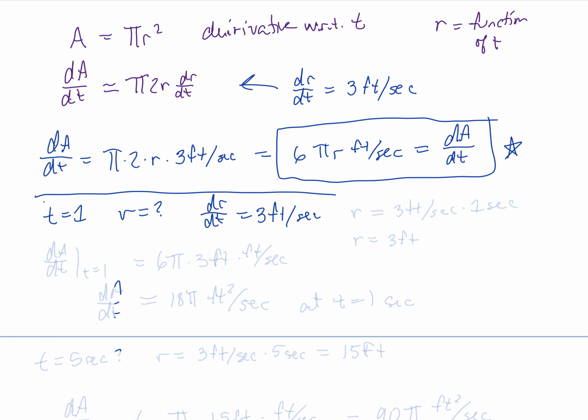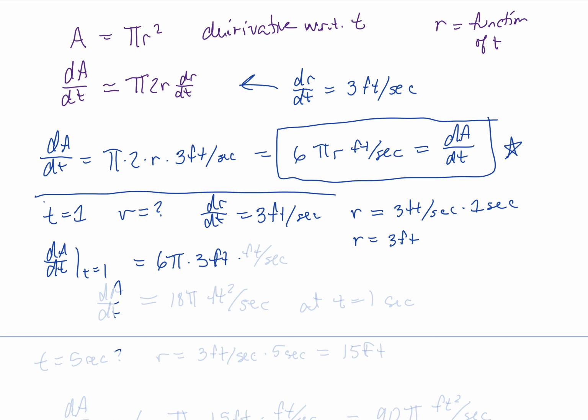So the radius at a particular time t is 3 feet per second times t. At time t equals 1 second, the radius is 3 feet per second times 1 second. That's just 3 feet. And so that means that dA/dt when t equals 1 would be 6 pi times the radius, which is 3 feet,